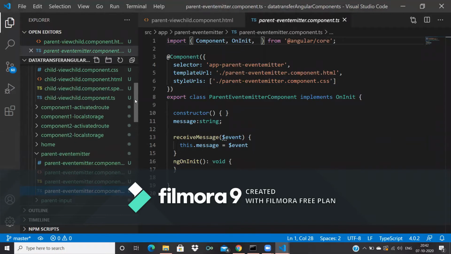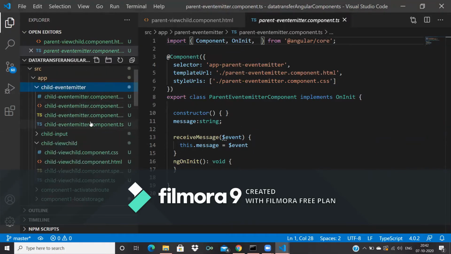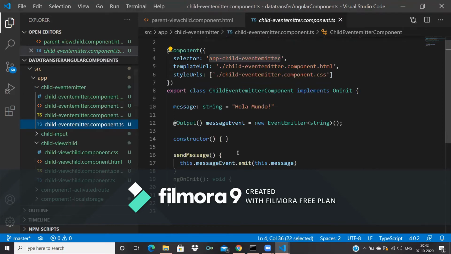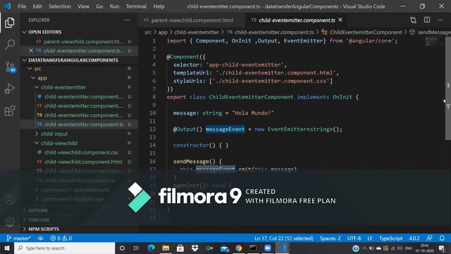Let's see the child event emitter. This is the component. In this, I just kept a send message click function. In the click function, what I did is send message event. I have used @Output here.